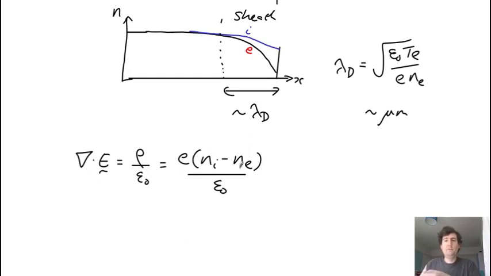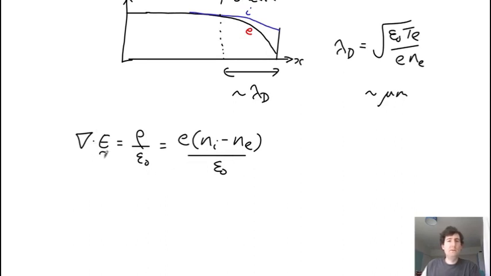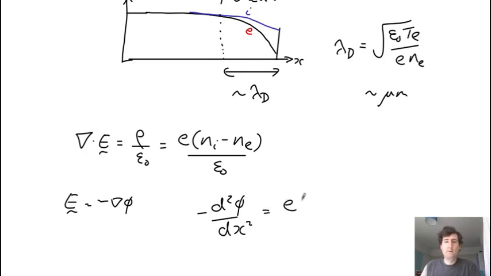And most of the time in plasmas we assume these are equal, but here we can't, because in the sheath this is what's really driving the electric field. And then here we assume the electric field, because it's steady state, E is just minus grad phi. So steady state, there's no electromagnetic component, and so in one dimension this just gives us minus d2 phi by dx squared equals e (Ni minus Ne)